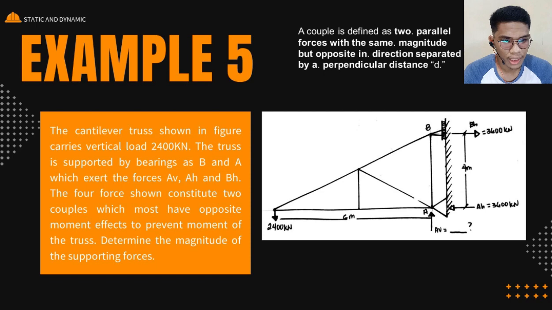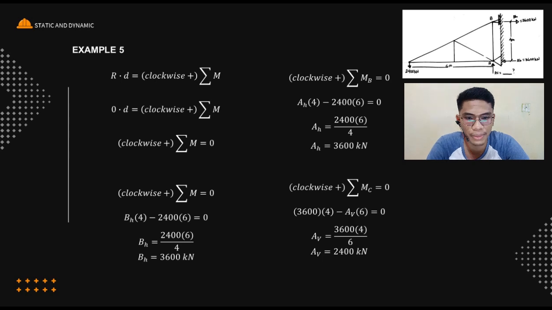So makikita po natin dito na ang ating letter A is a fixed support. So meron pong dalawang forces na mag-act dito, which is one vertical and the other one horizontal. While on the B, which has a support of bearing, kapag bearing po, meron lang po siyang isang force na nag-act, which is horizontal po dito sa figure natin. So for the solution of example number 5, we are looking for three forces, which is BH, AH, and